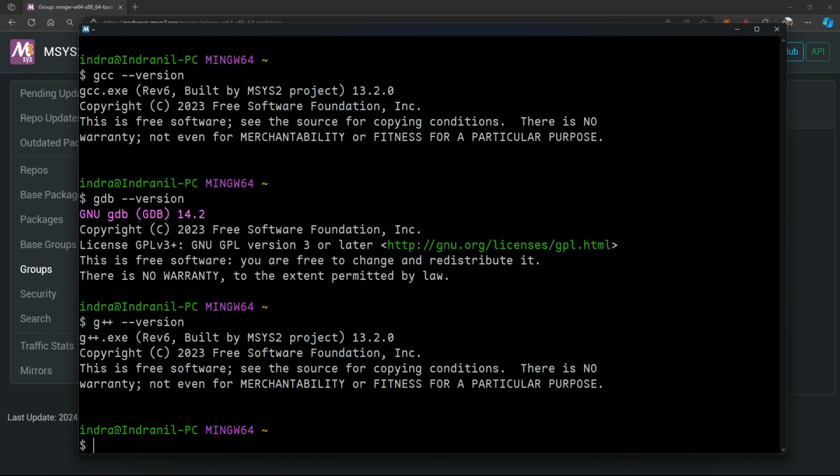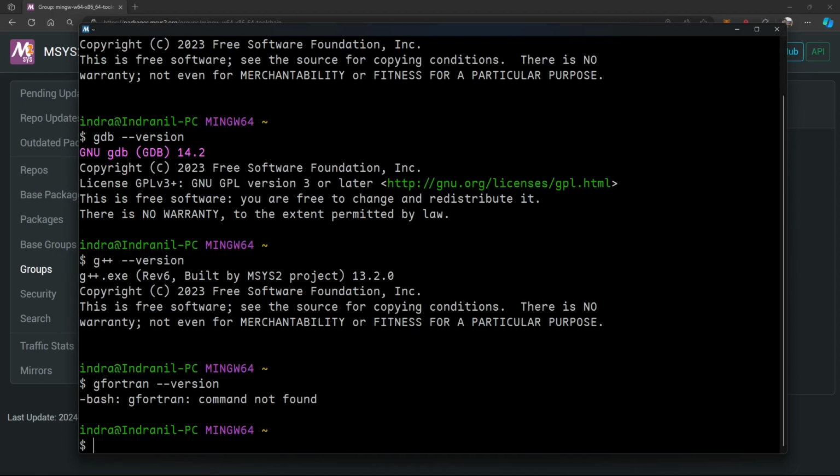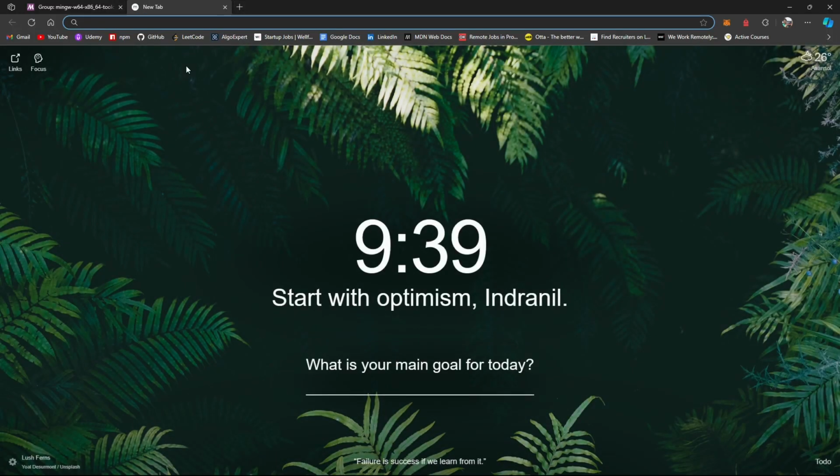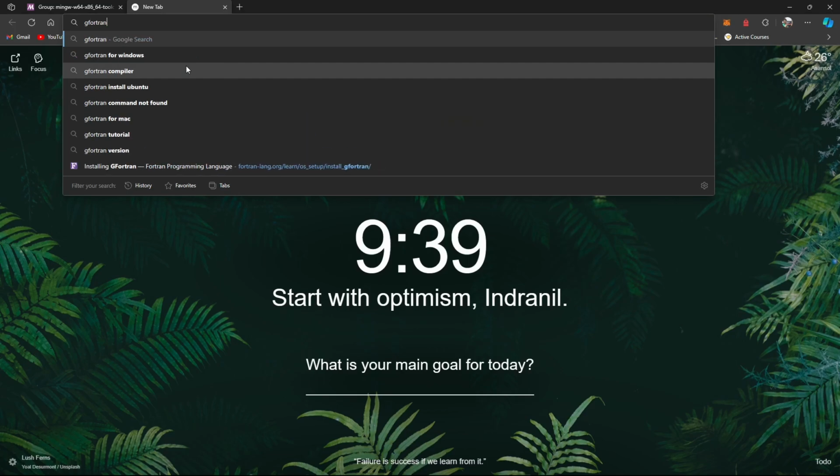Now let's do gfortran --version, which will not work. Okay, it is not working because we have to install gfortran separately. If you are writing code in Fortran, then you have to follow this part which I am going to show you. If not, then you can skip ahead. But just to make sure that everything is installed, we'll have a separate tab, gfortran